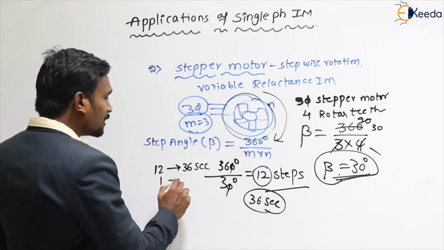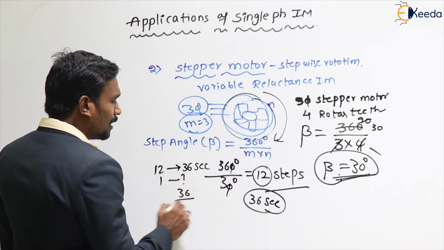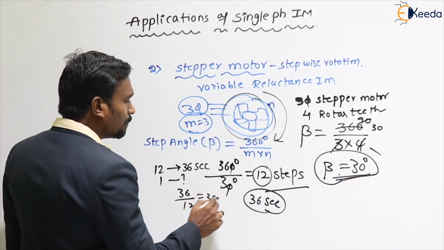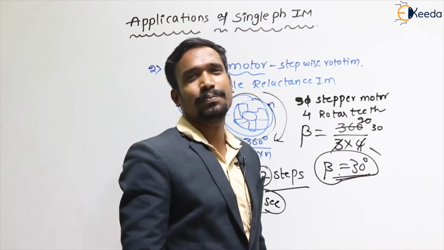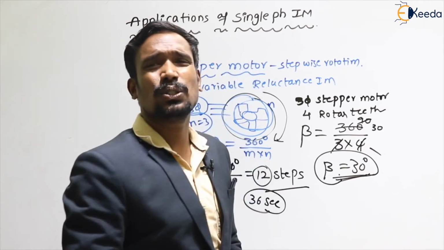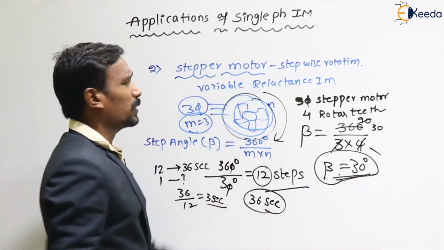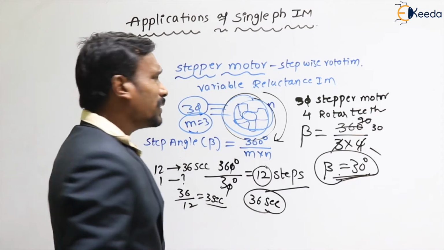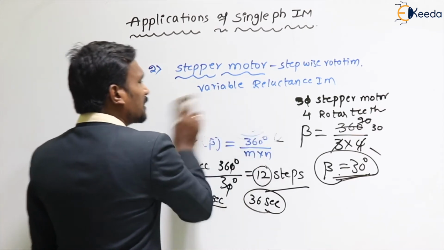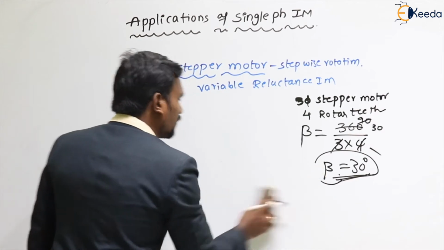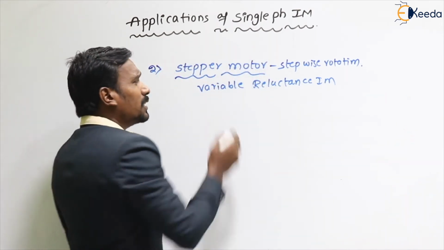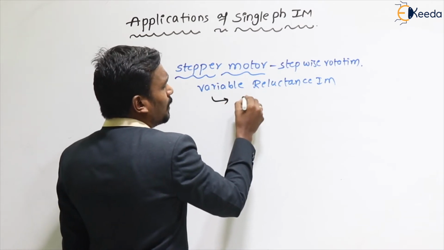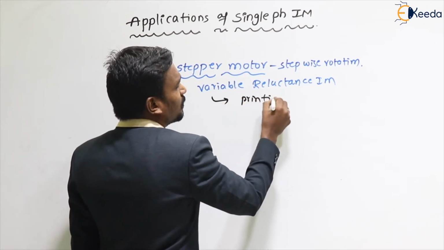Then for one step, it will take 36 by 12, nothing but 3 seconds is the time for one step. Like that, they will ask you questions on the stepper motor. Then where we are using this stepper motor, like that they will ask you questions. Where are we using this stepper motor? The stepper motor is used for printing machines